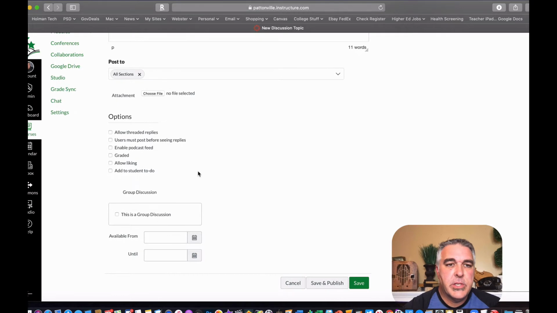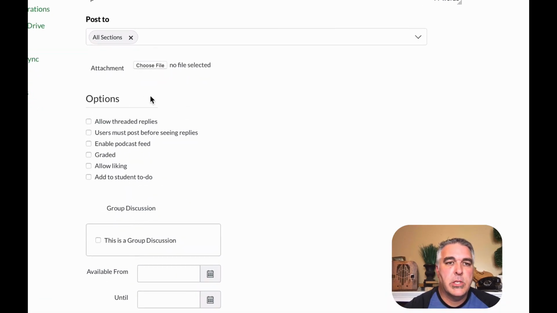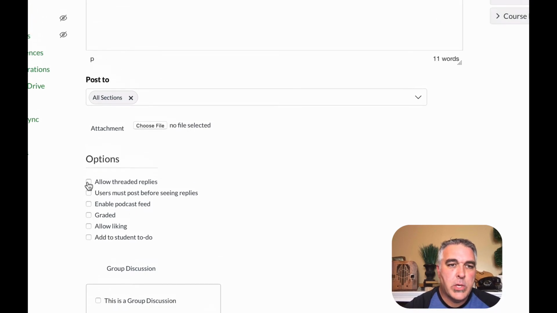And then down here, these are my options for how that discussion is going to work. I can choose whether or not I want to have a threaded reply. That means if a student comments, it will keep that threaded model, one reply after another after another. I can choose here, by checking a box, whether or not a student must post their own thoughts before they see replies. Maybe I'm asking a question that I don't want them to copy off of other people, so I want to make them post their own thoughts before they see everyone else's,